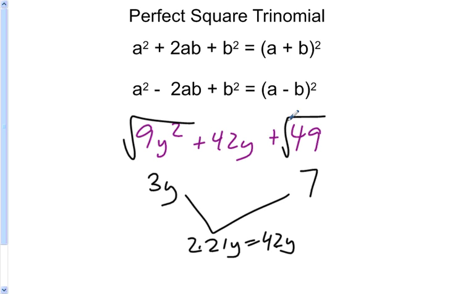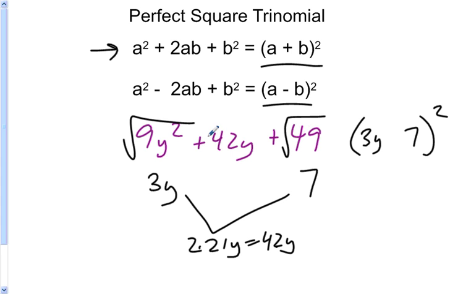Now, if we wanted to factor this, we have the formula for what the factors are going to look like. It's either going to be a plus b parentheses squared or a minus b parentheses squared. So the one that I have here has 2 plus signs, so it falls into this first pattern. So to factor it, I take the square root of the first term, which is 3y. That's the a value in our formula. I take the square root of the last term, that gives me a 7. That's the b value. And then whatever this first sign is, that's what I put here in the middle, so